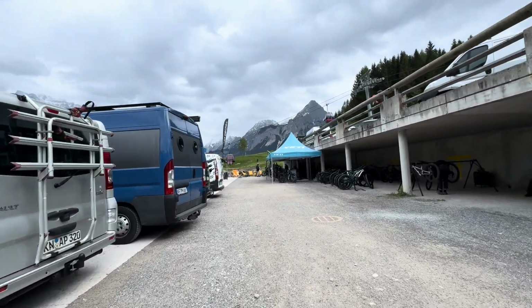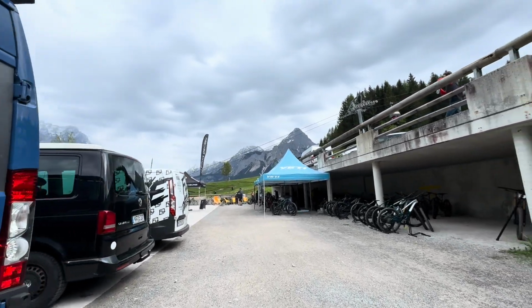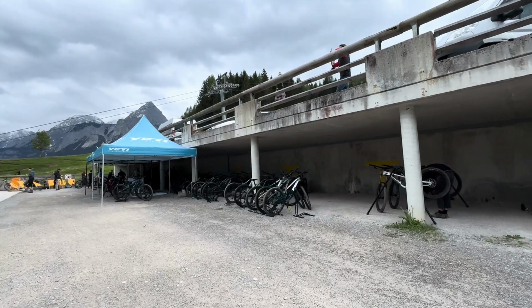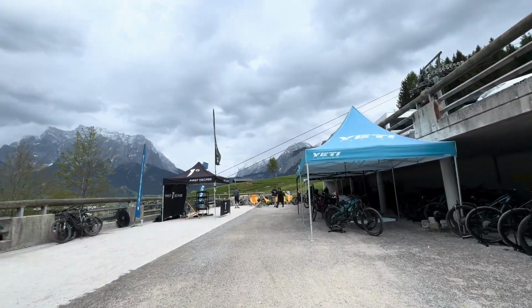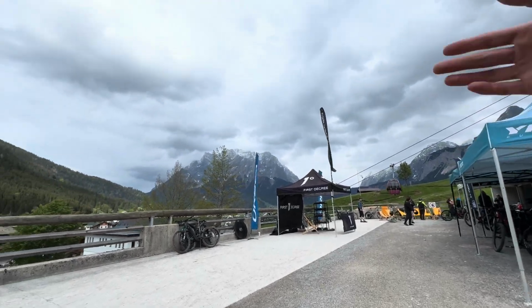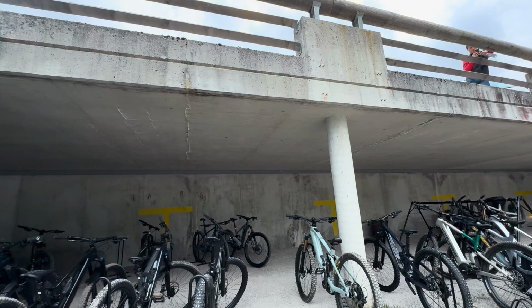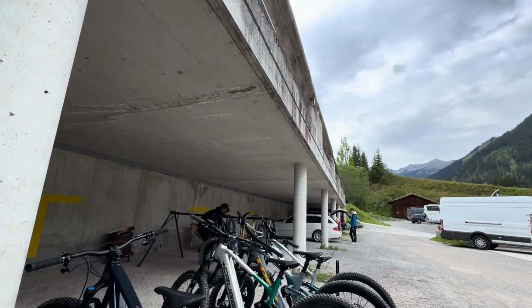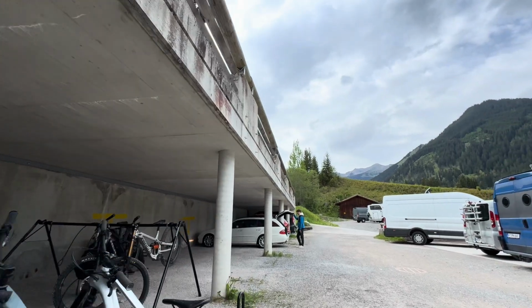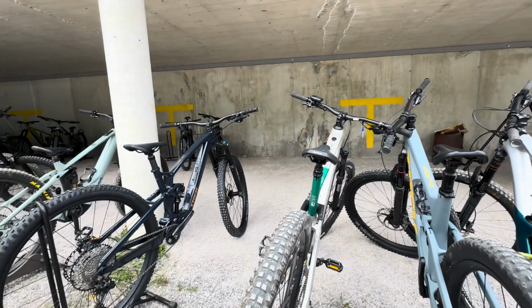And you can test a lot of bikes. You can buy a ticket with discount for the shuttle, for the lift. It's also good. And there is a good chance just to start your season, but today there is some snow here, but the start of the season was really nice. So the bike park, this Lermas bike park, is also an interesting one, and today it was on a test, some interesting